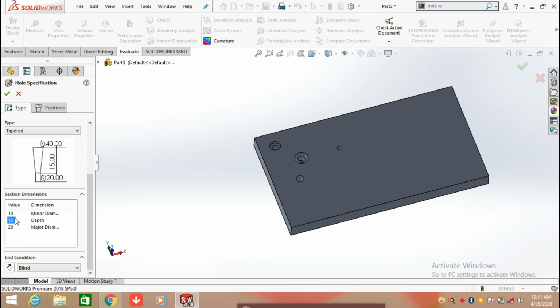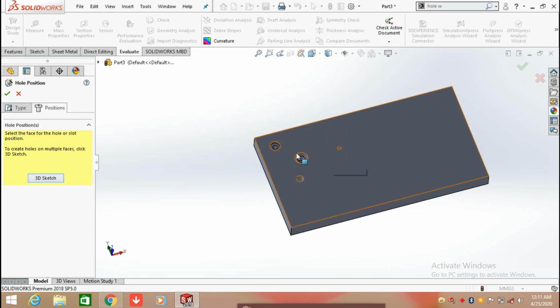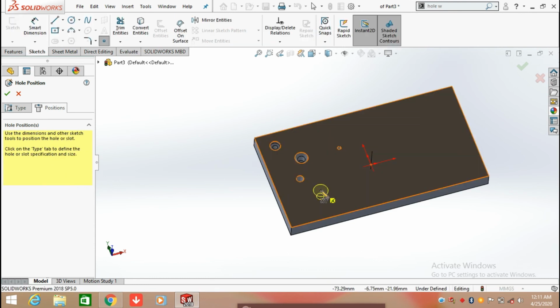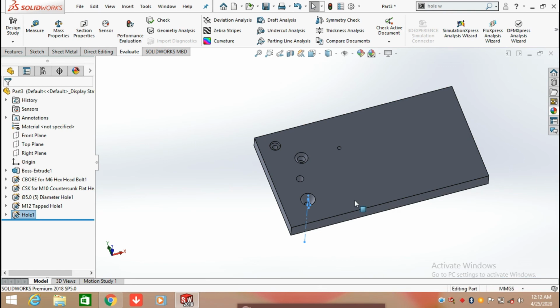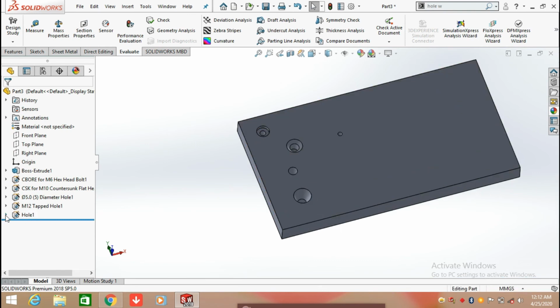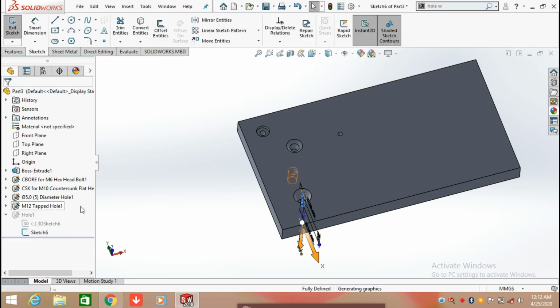Just making changes in the values. Okay, we need to define its location on the face, so here click on the face and define its location, and now click OK.